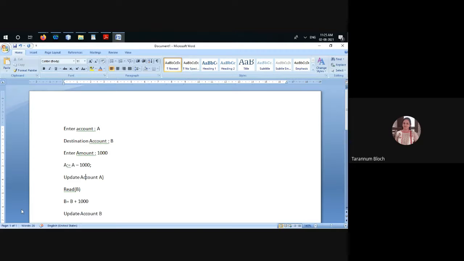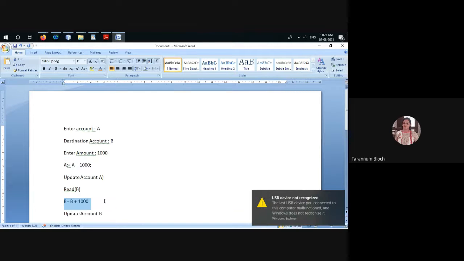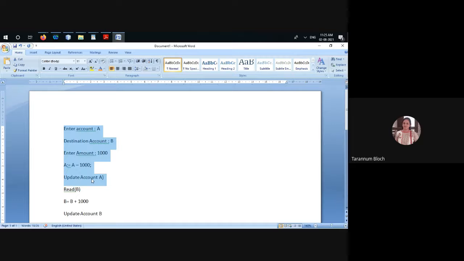So when you are going to do this, either all or none has to be done. Once you deduct the money, at that time you have to compulsorily add it to the other account. If the system fails, suppose you have done the deduction from account A, and then somehow system fails to give it to account B, in that case, this thing has to be undone. We call it a rollback.